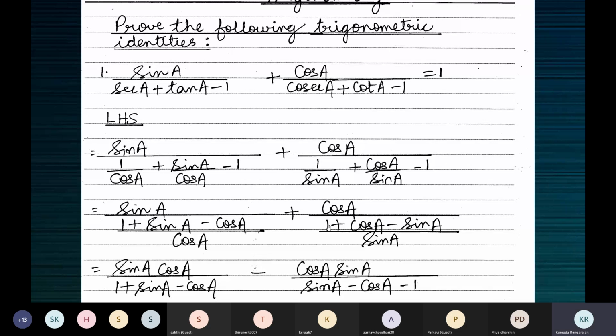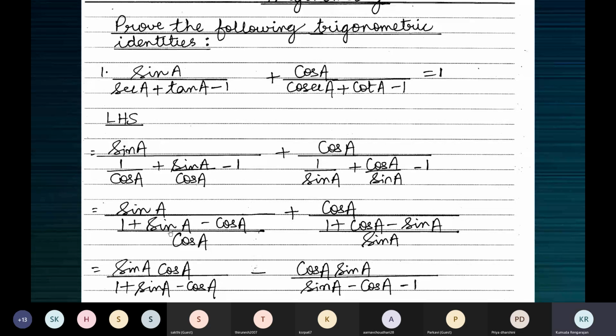See here, what happens? 1 is written as minus 1. Plus cos A is written as minus cos A. Minus sin A is written as plus sin A. That means we have taken a minus outside and changed all the signs. That minus into the connecting sign plus becomes minus. So when you change the signs everywhere, change the connecting sign, because that can happen only when you take out a minus common. And that minus into plus is minus.